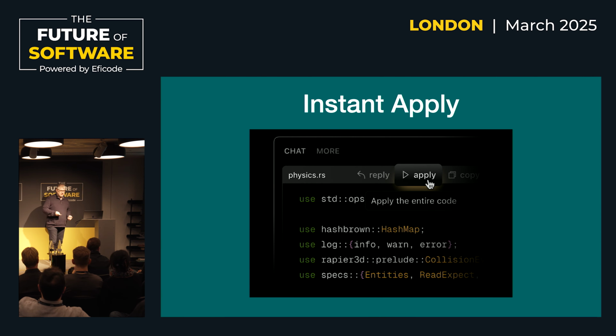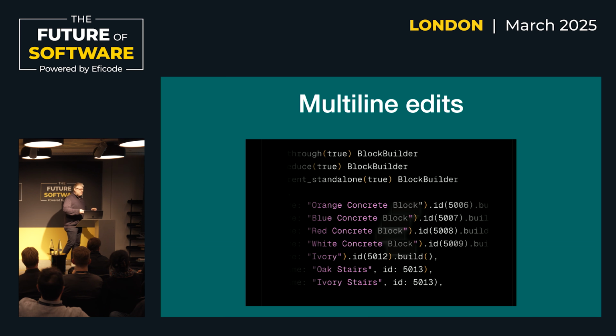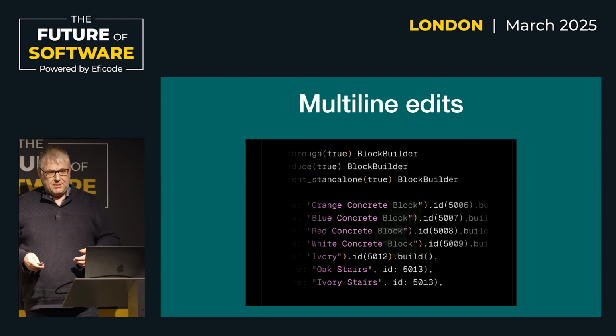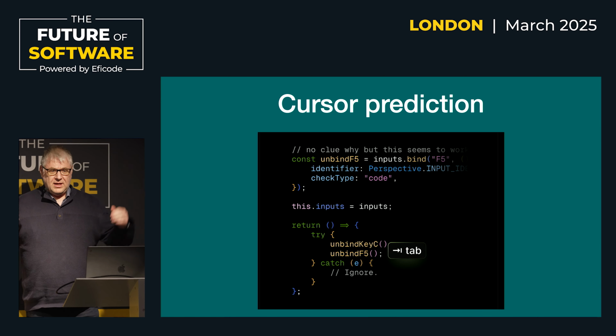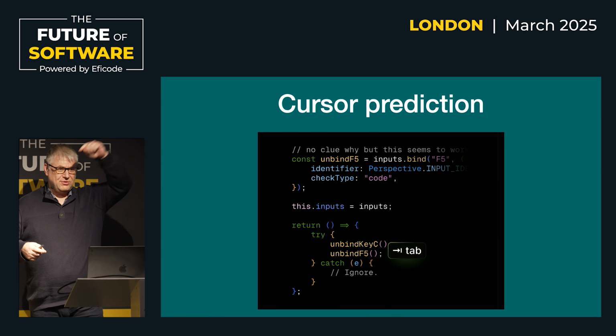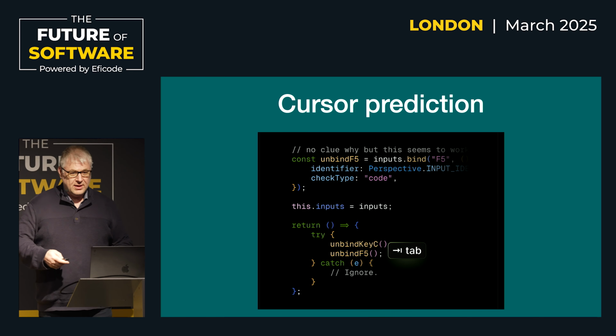Okay, we got more confident on doing this. Why only have the one completion? Why not do multiple line completions at the same time? And I'm trying to build up the whole thing. Now it's predicting where my next cursor should be. Like, I'm editing here, just go there, start your work here.